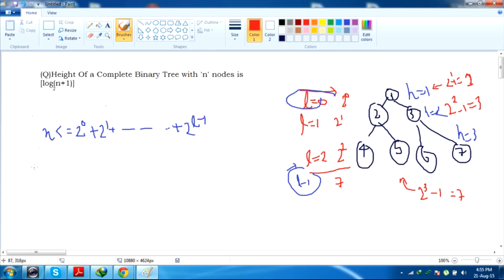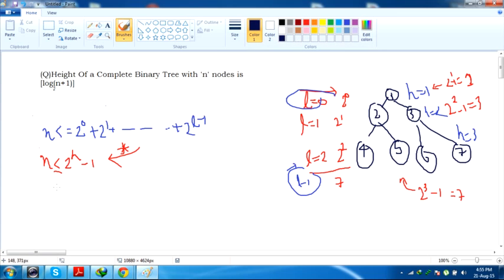So to know that number of nodes, I always use less than or equal to, because less than or equal to represents that you are calculating in terms of maximum terms. So if you want to know the number of nodes up to a particular height, you should have that height in the power of 2 and subtract 1 from it, you will get it. Now after this is the main expression. After writing this expression, you need to solve the expression.